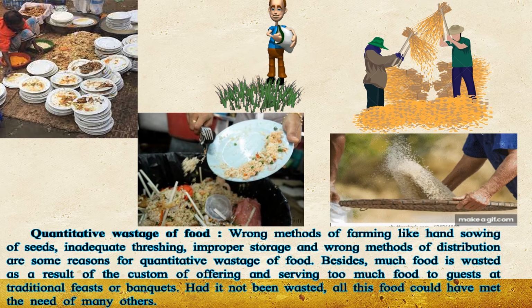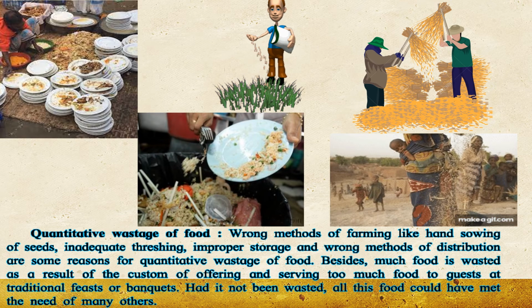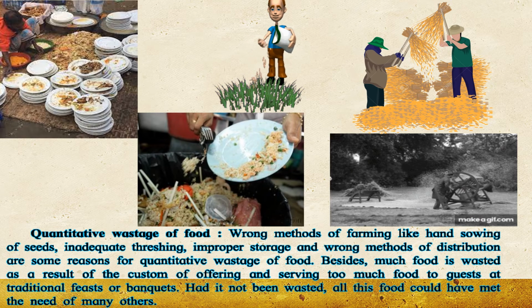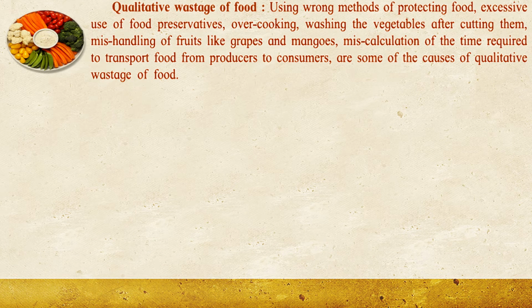Like अगर threshing सही से नहीं हो रही है, if you're taking too much of food is served in your plate and you tend to throw it out, that also leads to quantitative wastage of food. Next we have is qualitative wastage of food. मतलब खाना है हमारे पास बट उसको अगर हम लोग सही तरीके से हैंडल नहीं करेंगे ना तो वो खराब